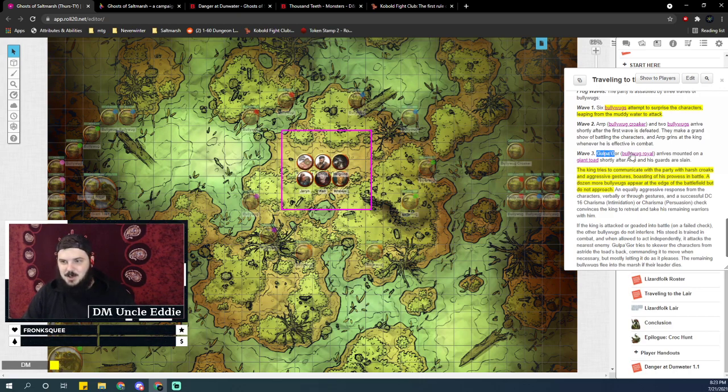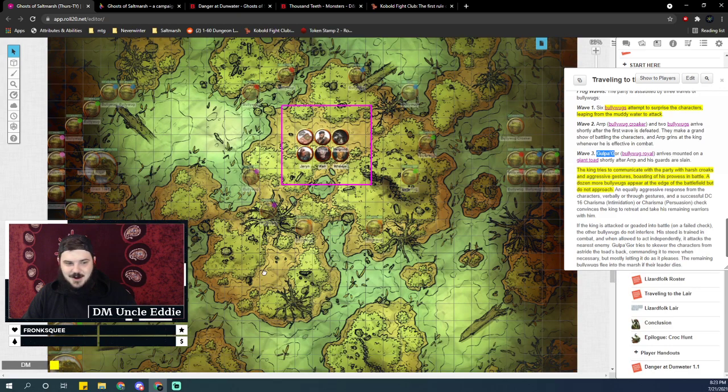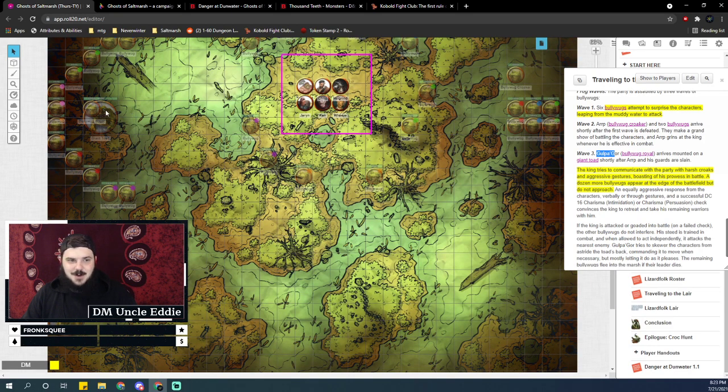Gulpagor, the bullywug royal, arrives mounted on a giant toad, which I just love, shortly after Arp and his guards are slain. So the encounter is written as just a bullywug royal and a giant toad approaching, but I'm going to have him